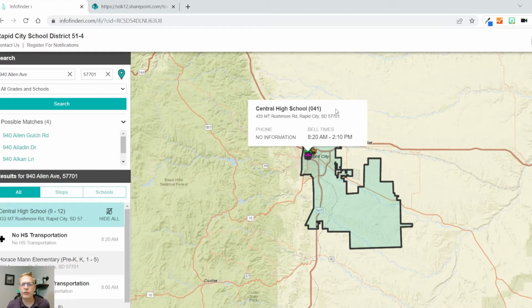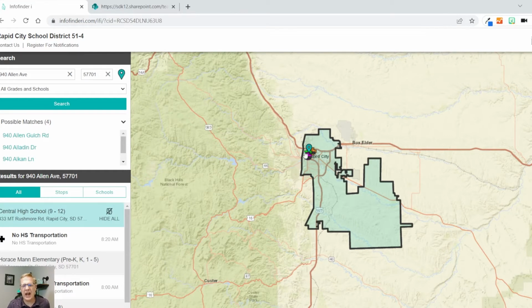This is a good thing to point out here on Central. Get out of there, will you go away? There you go. All right, you can see here this is kind of the east-west line in Rapid City. It's got all of East Rapid City, but it also goes all the way down, almost to Hermosa, so it's going halfway to Hermosa. It goes all the way out, but not right next to Box Elder, which will be the Box Elder School District, the Douglas School District.